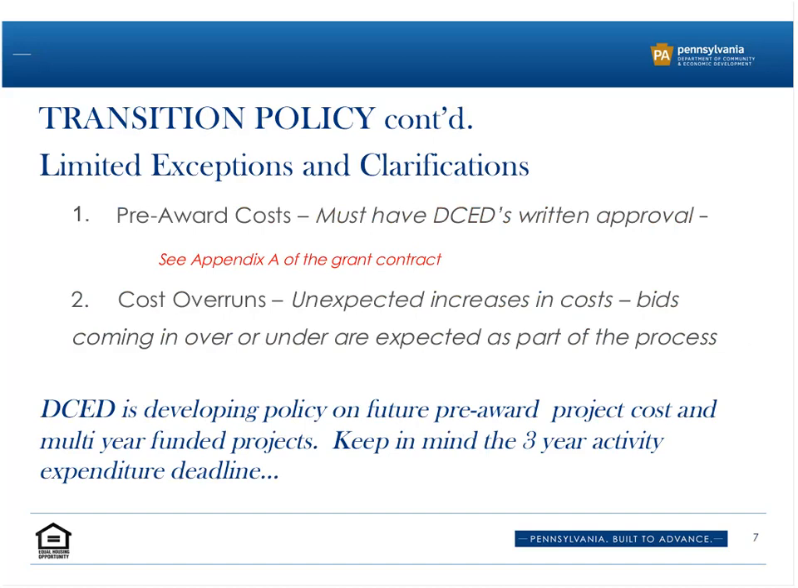There were limited exceptions and clarifications that they had also stated, and the ones that we've gotten the most questions about have been pre-award costs. And as you're seeing on the screen, what DCED is recommending is reviewing the language in Appendix A of your grant contract, which specifically says for pre-award project costs, they must have received DCED's written approval